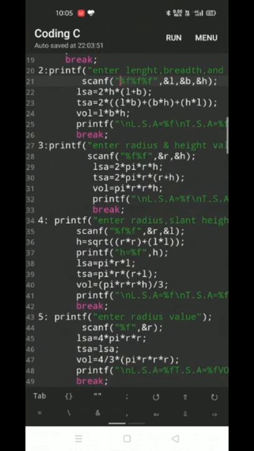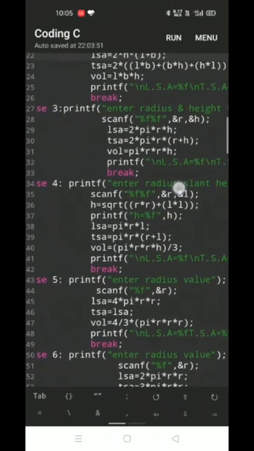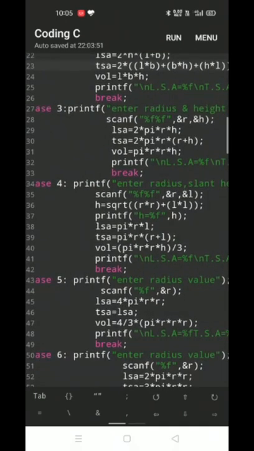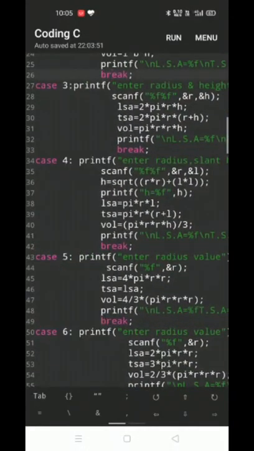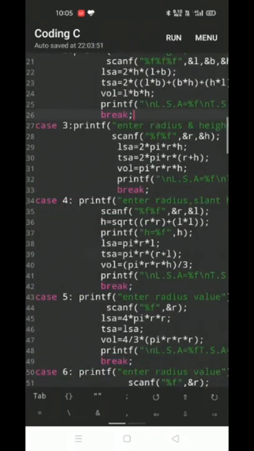We are reading those radius and height values using scanf, and then we write the lateral surface area formula and then the total surface area and volume, assigned to LSA, TSA and VOL, and we are printing those using printf.